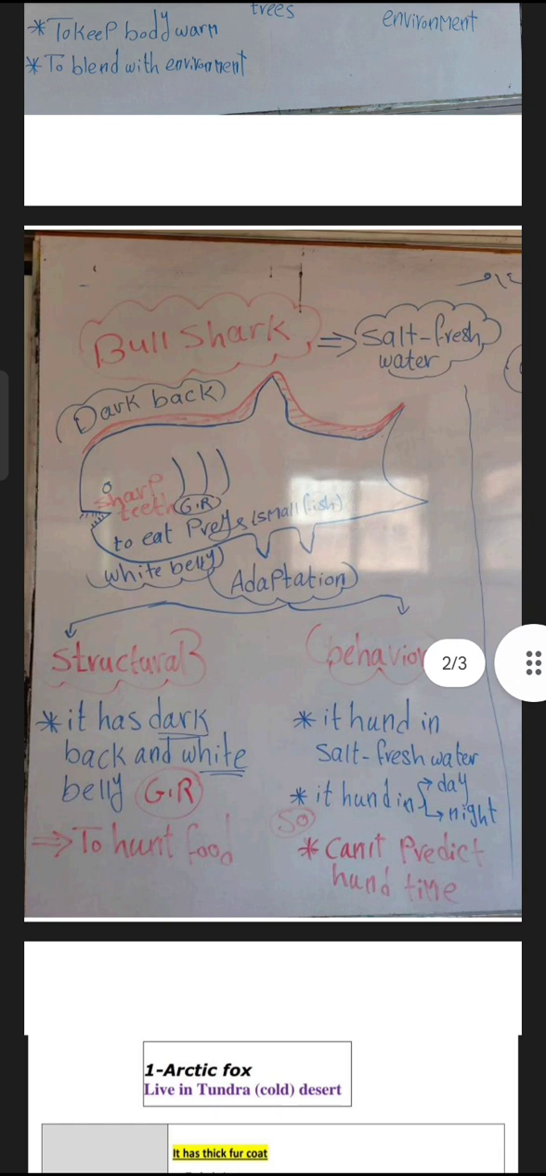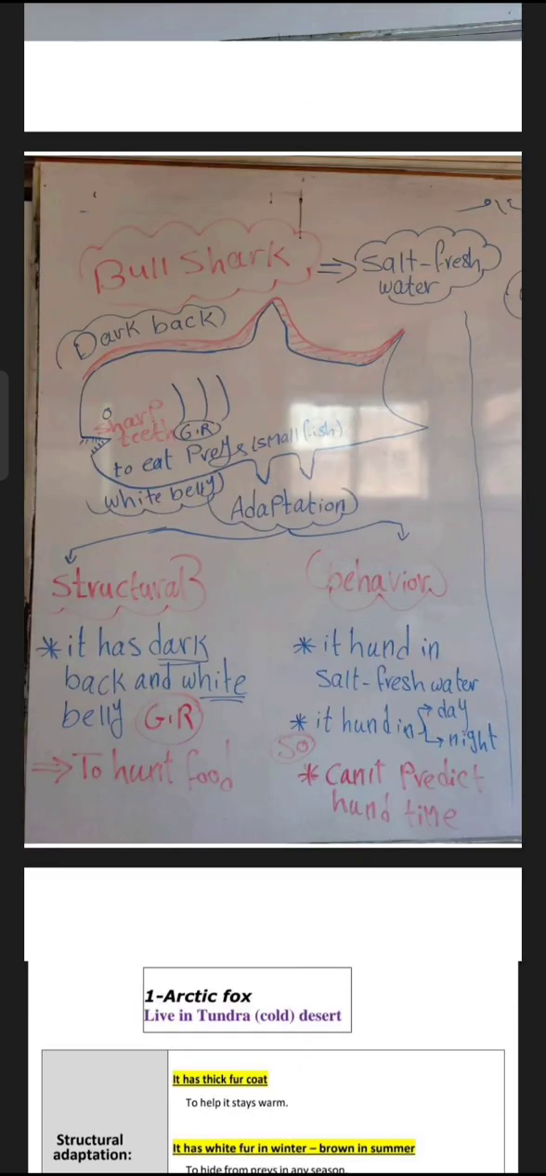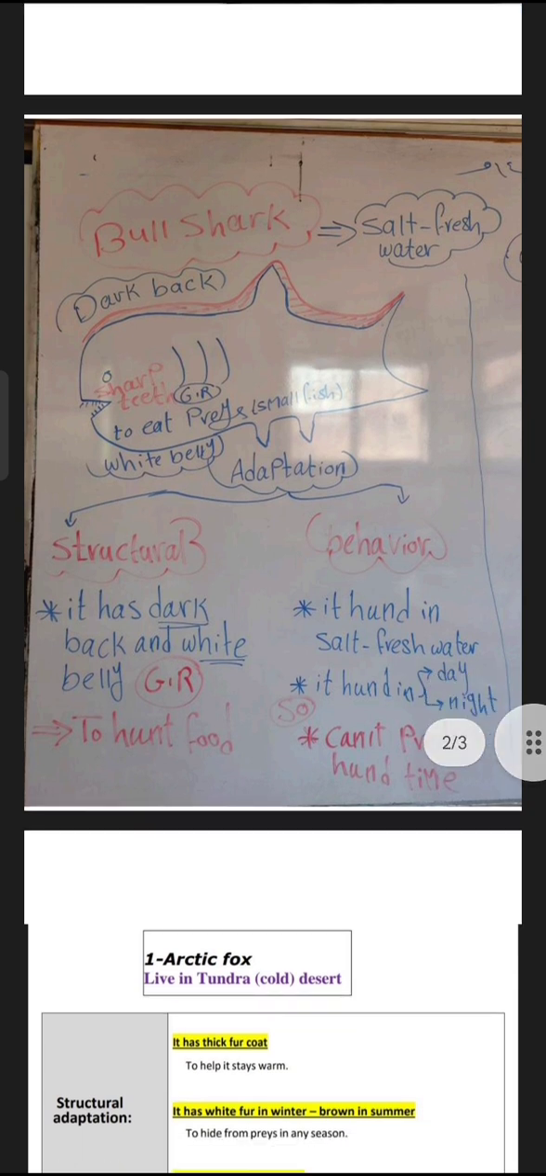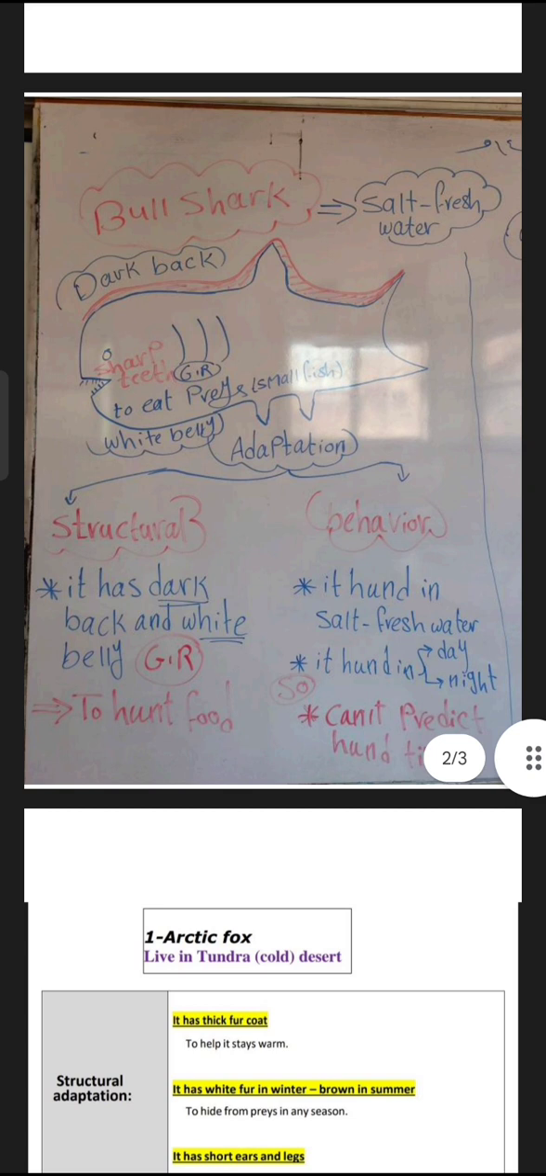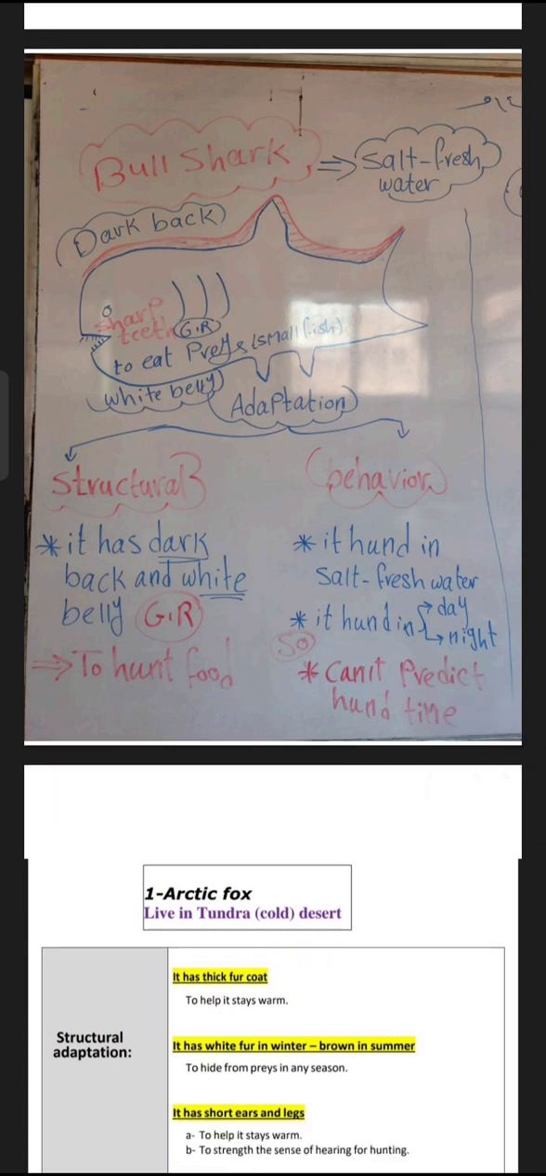As I said before, structure adaptation is a part of the body, but behavior is an act or behavior the animal does in the environment or in its habitat. The structure adaptation in the bull shark: it has a dark back and white belly, as shown in this figure. Give reason: the bull shark has a dark back and white belly to hunt food. The second one, it has sharp teeth to eat